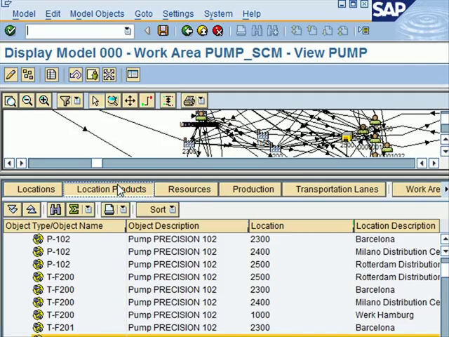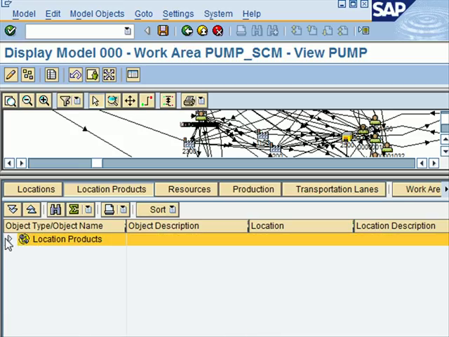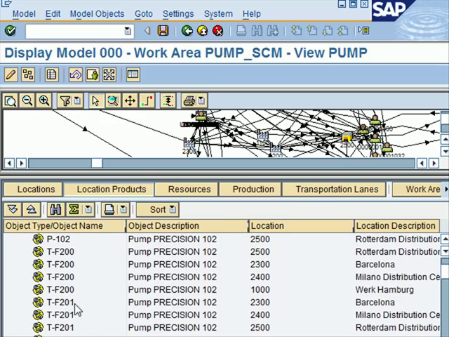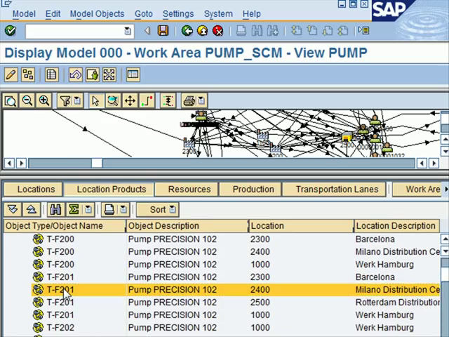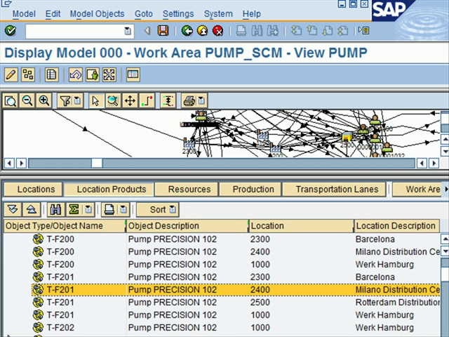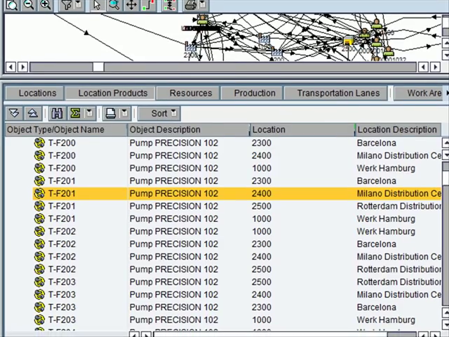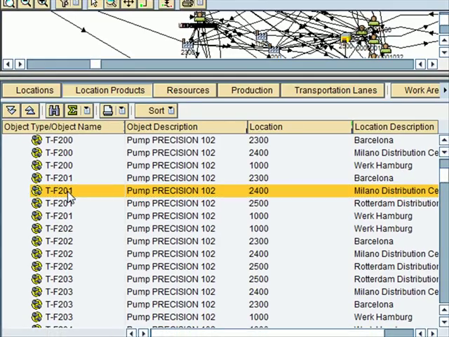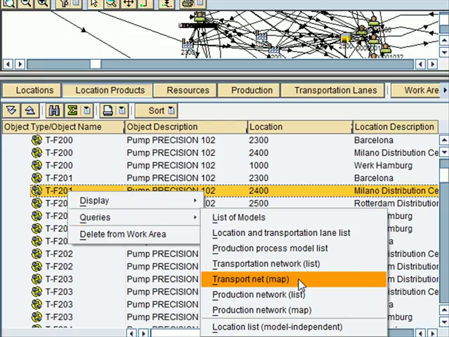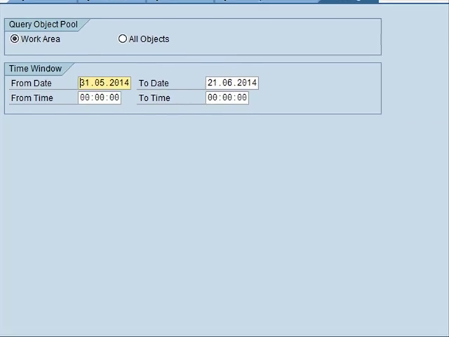Next, we go to the transportation lanes that are valid for a specific product. So these are all the location products that I've got. So let me select a pump, TF201, and now when I right click, I can do a query. So let me just scroll down a little bit so you can see the screen clearly now. So right click, query, and I want to look at the transport net for this product. I click on transport net